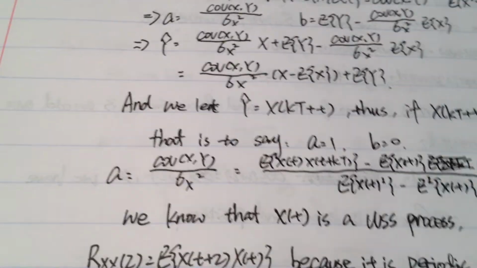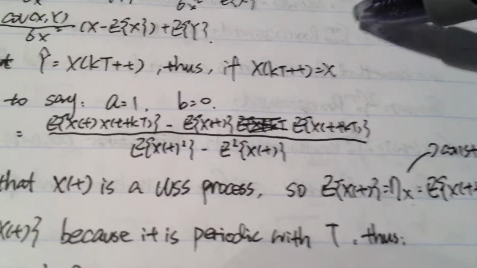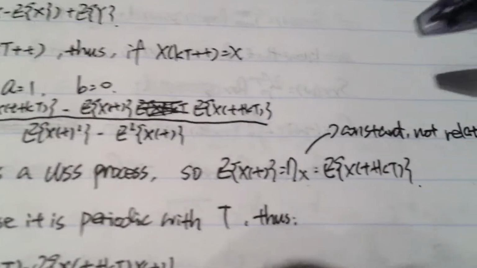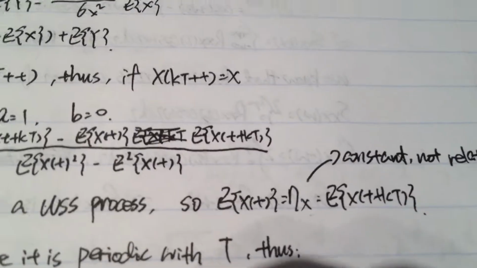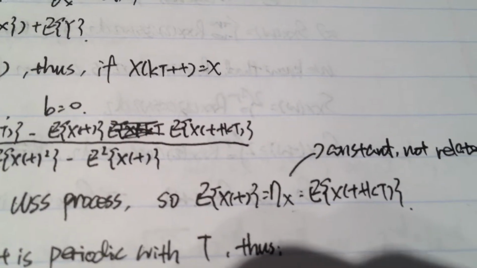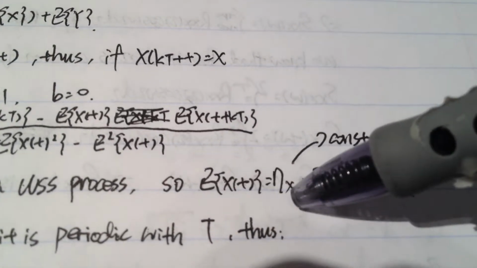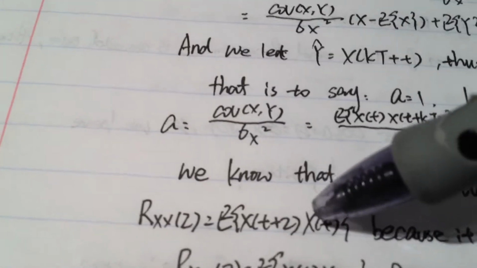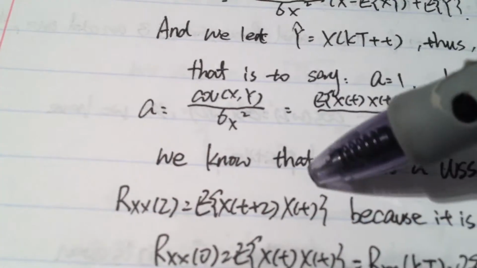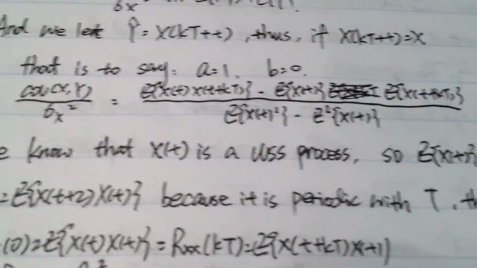And because x(t) is a wide sense stationary process, the mean of x(t) should be a constant, and because it's a constant, it has nothing related to t, so the mean of this part should also be a constant, and we assume it equals eta x, and the autocorrelation of x equals this one according to the definition, and because it is periodic with T, thus we can get